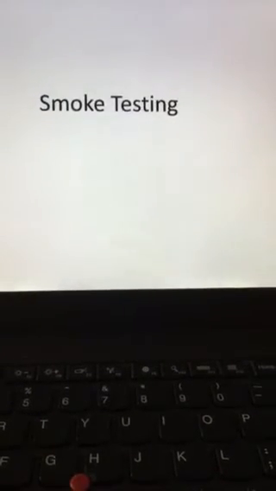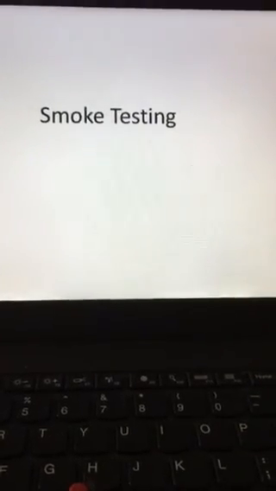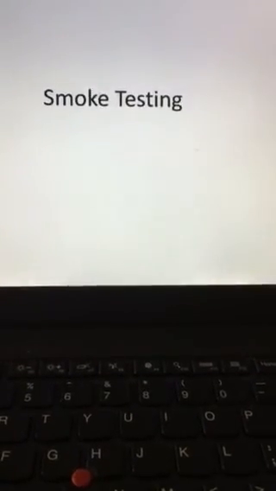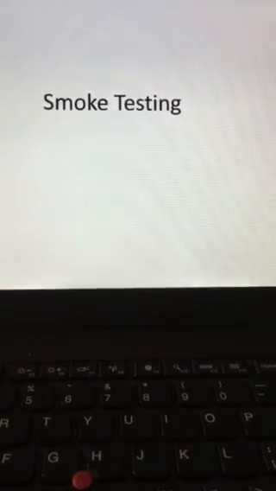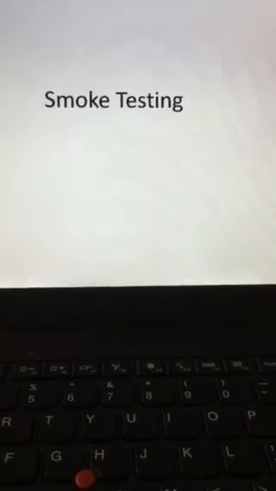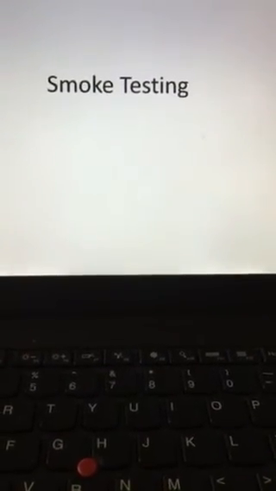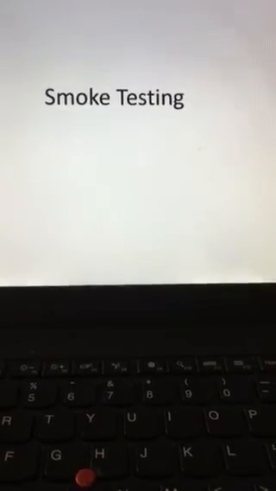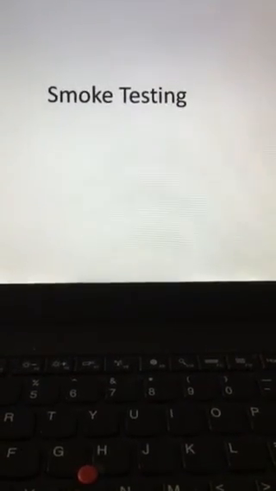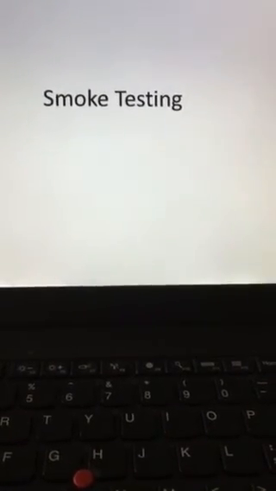The same term is used in the software testing industry, just to make sure that the software you received is okay to get started with. So this is also called build verification test, in order to verify that the build or the task that has been assigned to you to be tested is working correctly. Once you confirm that it is good, you can start your actual testing. You must be ready with your test cases, and then your actual test execution will start.